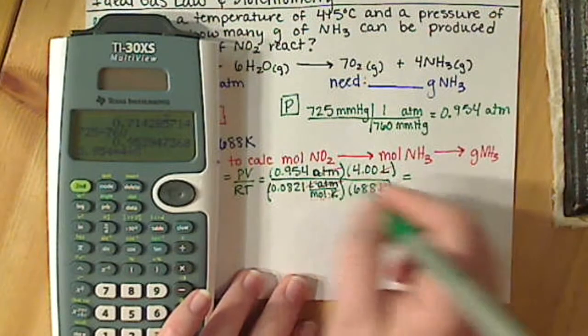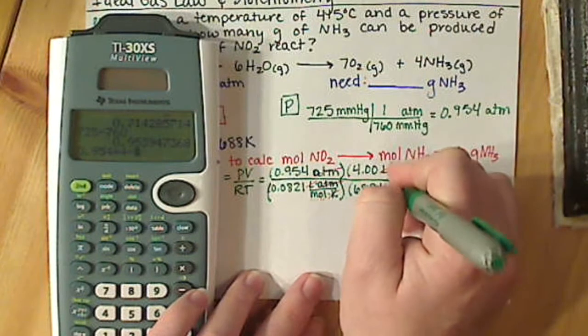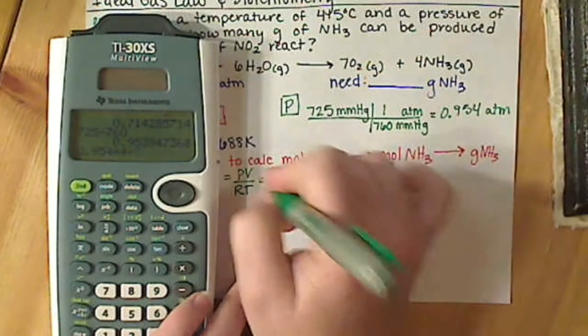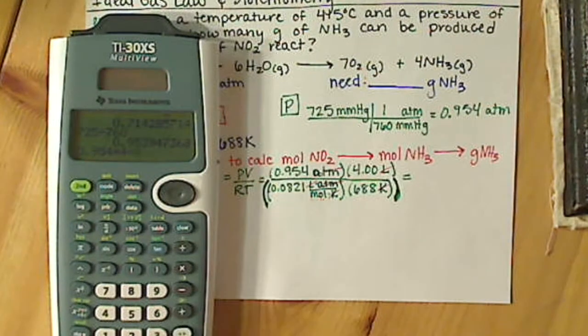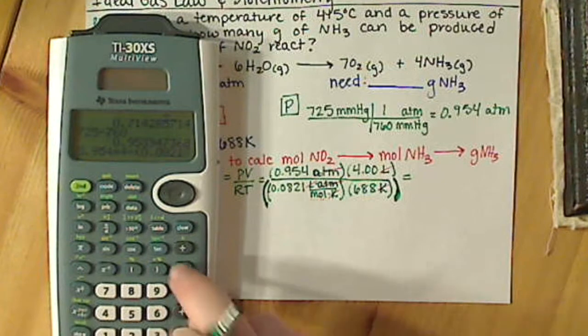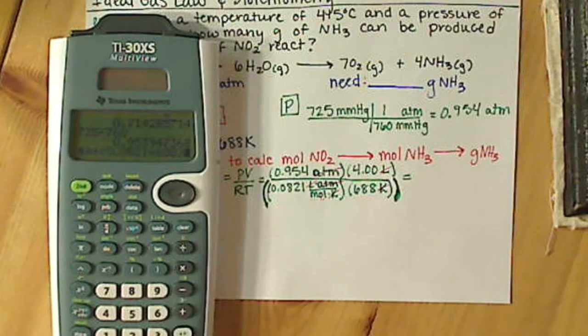We have 2 values in our denominator here, so you want to make sure when you plug this into your calculator that you make sure that calculator is as smart as you are, and you have to have both of those numbers in parentheses to keep them in the denominator. So we have 0.0821 times 668 end parentheses,